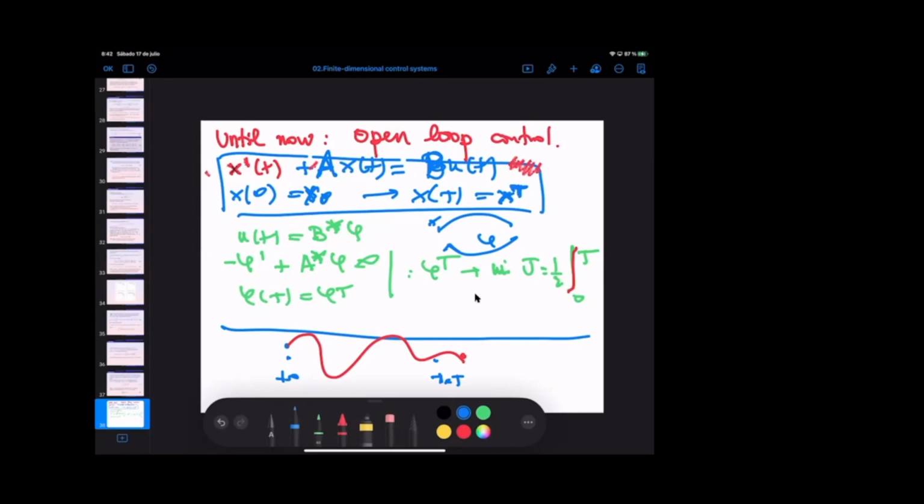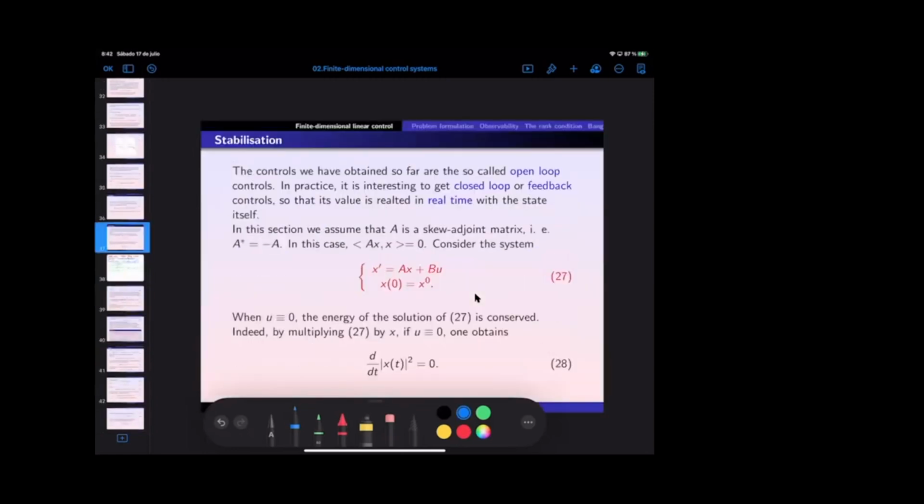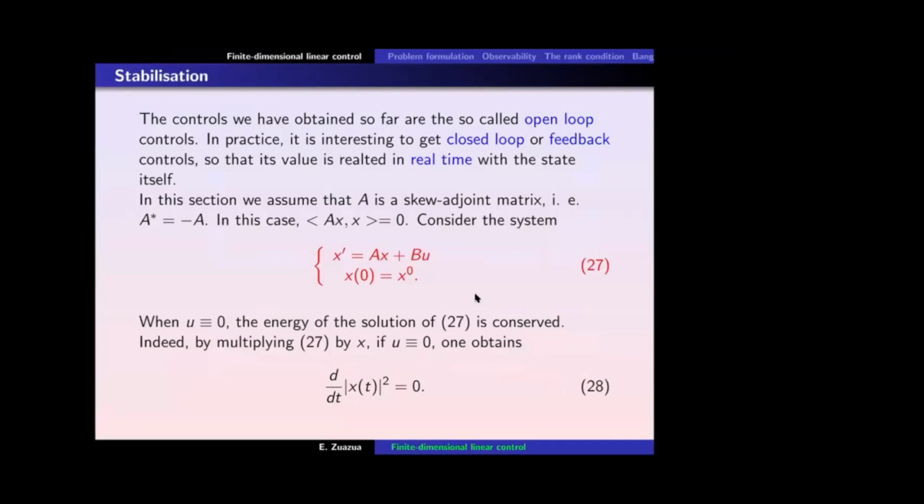This open loop system, the control will not be able to anticipate or to adapt in case there is any unexpected event, right? In that sense, people will tell you it is much better if you are able to use feedback control, right? So this is the notion of feedback control. So if you do feedback control,